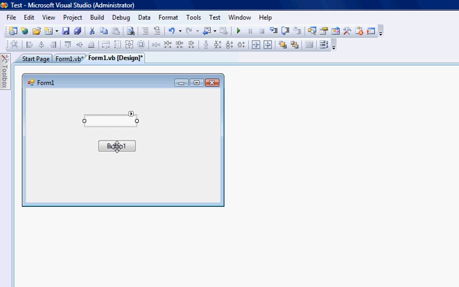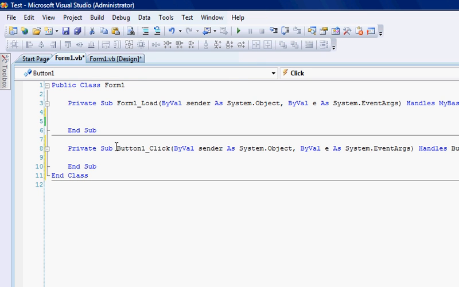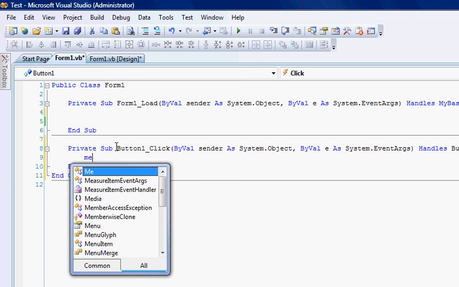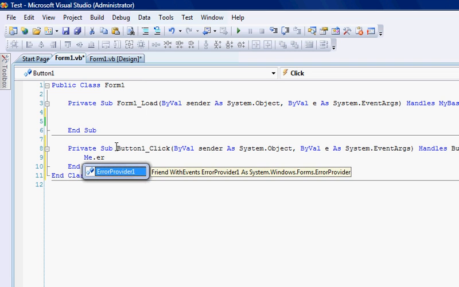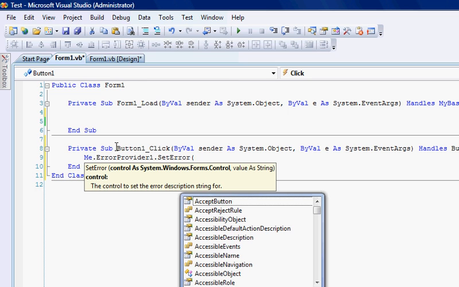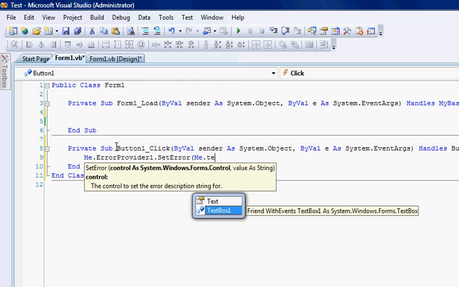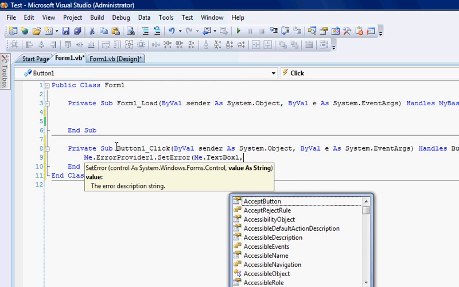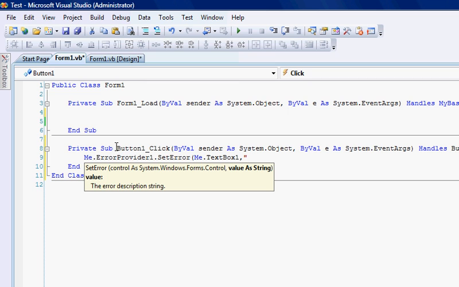So to use the error provider, we go to our code and say me.errorProvider1.setError, and the first thing we need to do is tell it which control the error must point out, and this will be me.textbox1. Alright, and then the value, a string, which is "please enter a number". Okay,